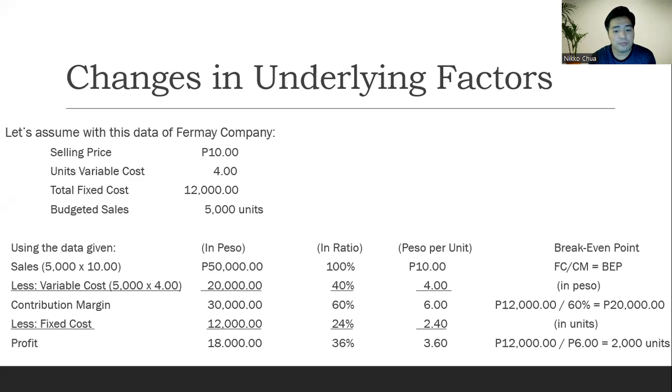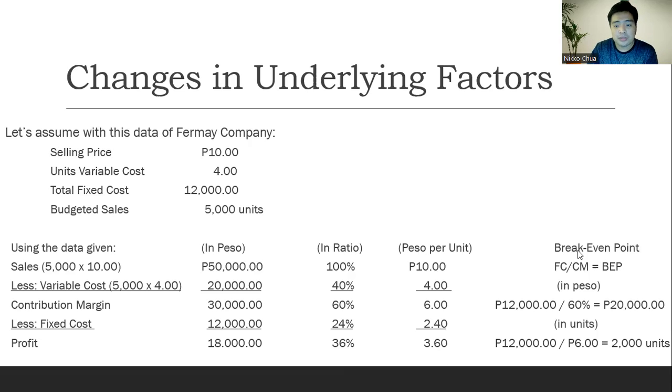In peso per unit, we can see here the 10 peso selling price minus 4 peso variable cost, we have 6 peso contribution margin. Then for the fixed cost, we will have 2.40 peso. So our profit, in peso, is 18,000. In ratio, that is 36%, and 3.6